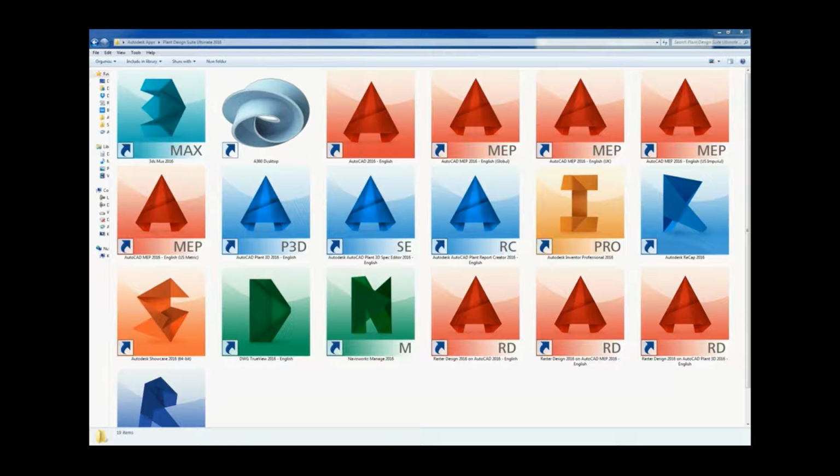together. Obviously Plant 3D is in there, so we will cover piping, equipment and structural modelling within Plant 3D. The next two that you see beside it are part of the plant installation, the spec editor and report creator, which again we won't go into, but if you look at my other YouTube videos, they are listed there